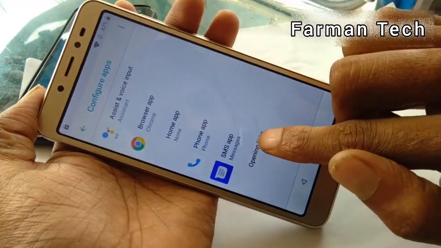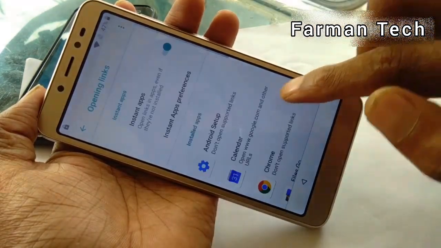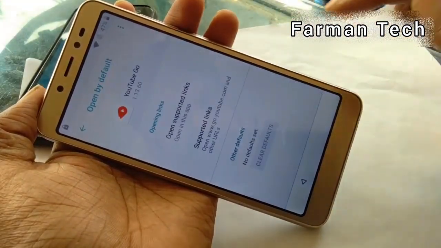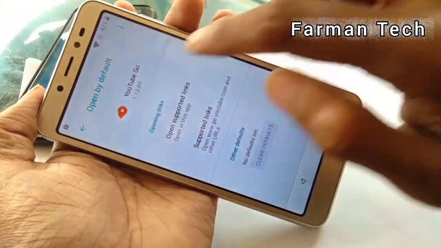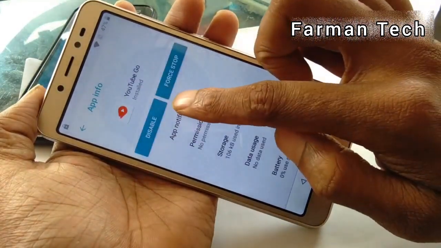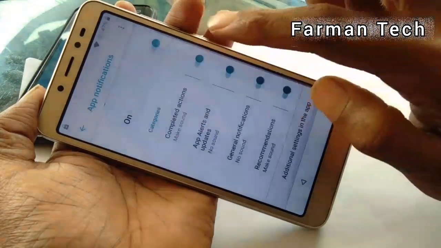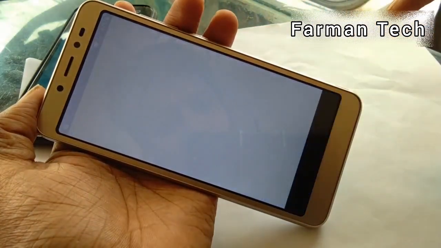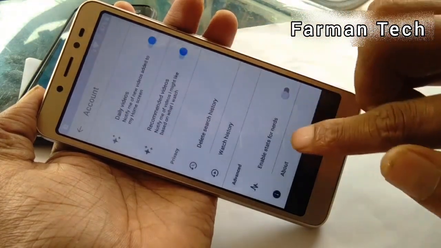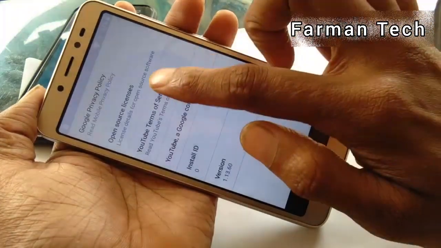After that open links. You can see here and scroll down and last YouTube. Click on YouTube and click on icon. You can see here. After that is app notification. You can see here app notification and scroll down additional settings. So guys, here you can see here YouTube about and scroll down YouTube about and click on YouTube terms of